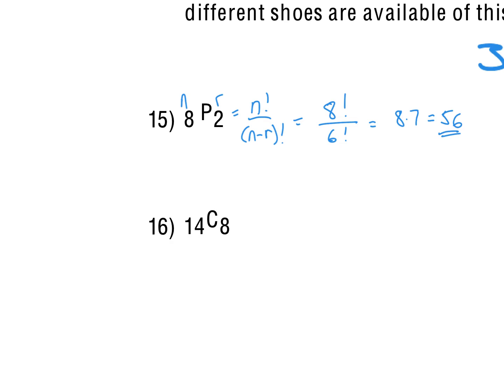Next problem, 14 choose 8. You could use a calculator for this one, or using the formula, it would be n factorial over n minus r factorial. We're just dividing by that additional factor of r factorial, where this is n and this is r. So 14 factorial divided by 14 minus 8 is 6 factorial, 8 factorial. So figuring out that,